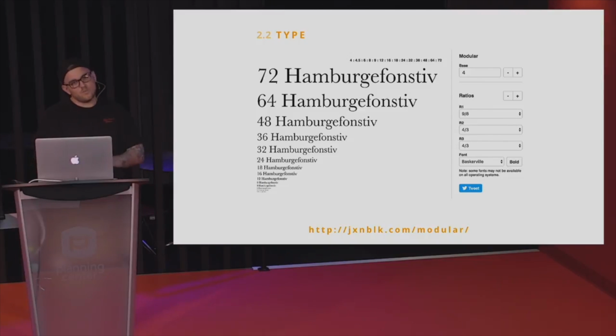It's 4. What's 4 times 2? It's 8. 8 times 2 is 16, and we keep going. And then we can start building a scale off these ratios. And it's really cool. So you get actual meaning behind your type. You could totally do this and just start picking out a big font to create,